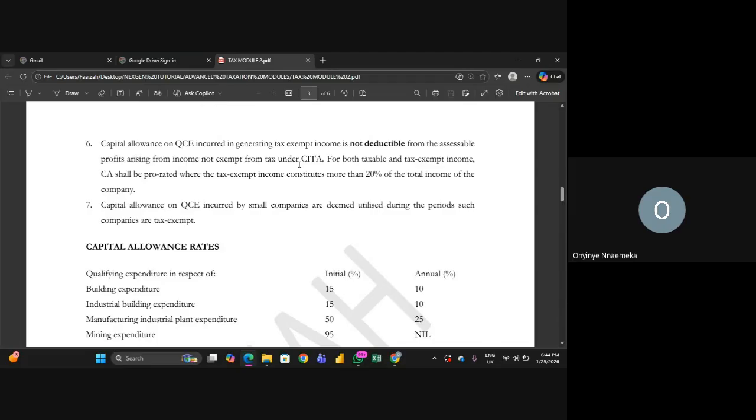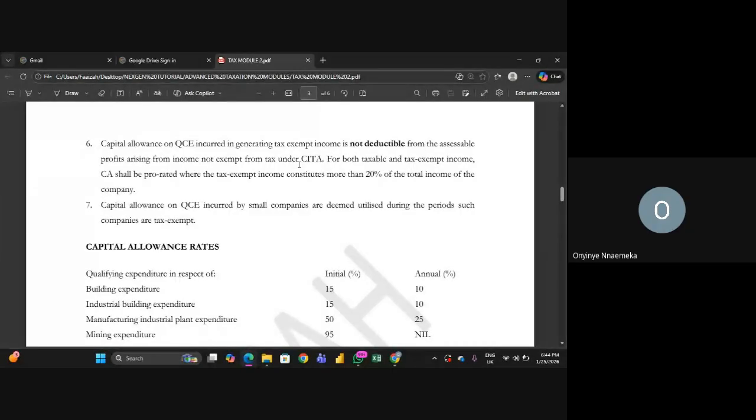But there are companies where, in their total income, some of the income is tax exempt and some is taxable. Now, for you to know what to do, if the tax exempt income is more than 20% of total income, then you prorate your capital allowance, because it's still the same assets that you're using for the tax exempt income that you're using for the taxable one. Do you get? It's not like the asset is different. Look at the first one that I said, the asset is different. But in this new one, it's the same asset that you use to generate both tax exempt and